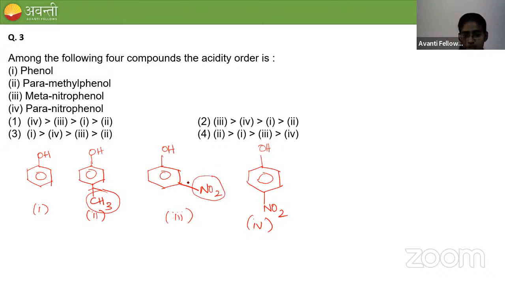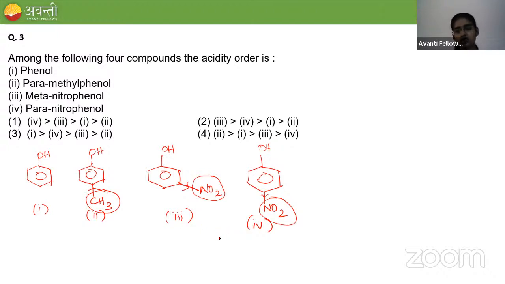It is an electron withdrawing group. And again, here also the same thing. NO2 group is an electron withdrawing group. When the group withdraws the electron, the ring becomes more electron deficient and it becomes acidic. Okay. Now you see here, first we'll come to this third compound and fourth compound because there only we are